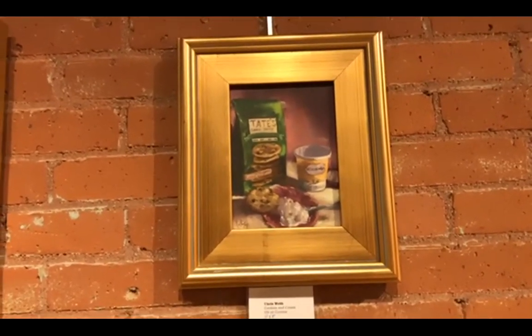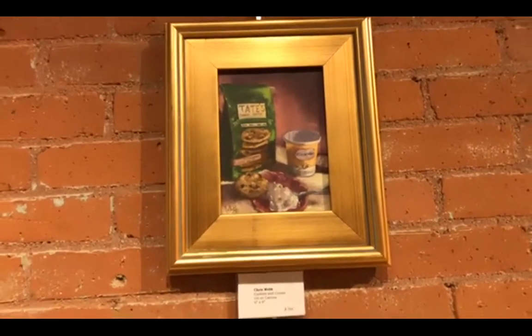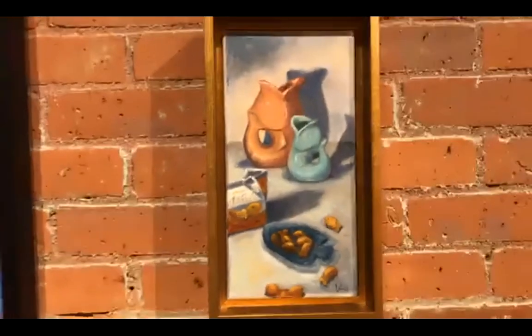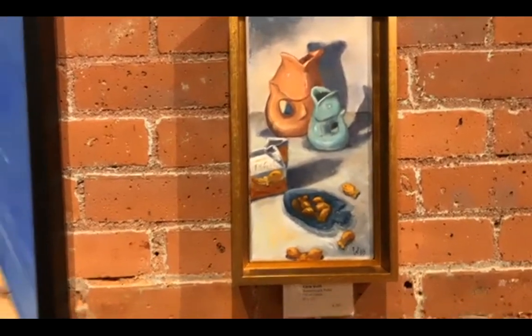I like that Something Fishy one that is right below. Sue just showed that one. I don't know if it's because of my son's obsession with goldfish, but well, pretty much